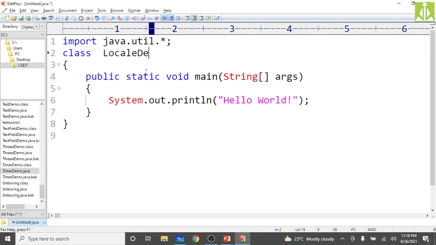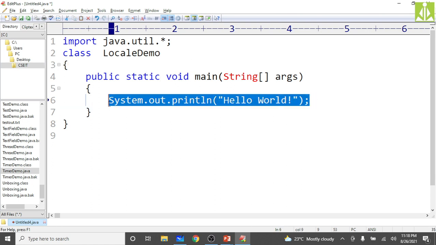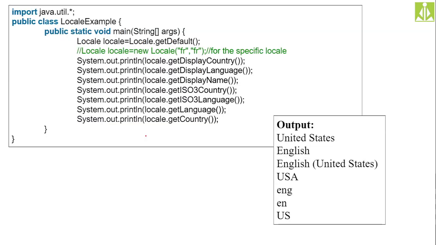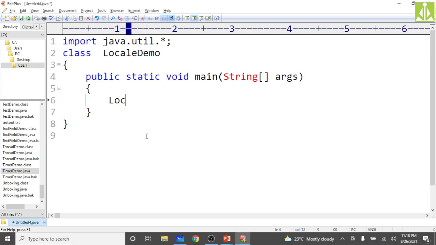Come down, and here we are practicing internationalization, and in that we use the Locale class. Locale demo, and in it create the Locale object. Locale l equals Locale.getDefault, because these are abstract classes, so you can't create the instance directly.